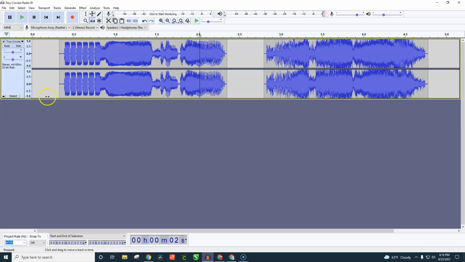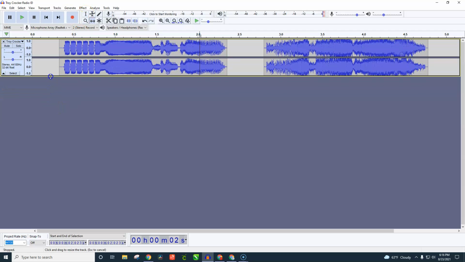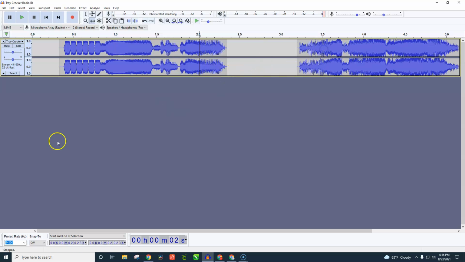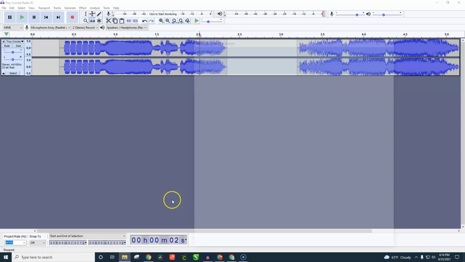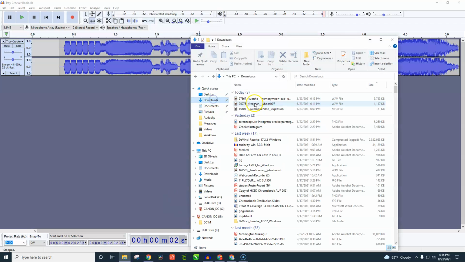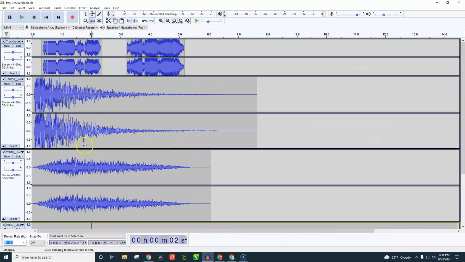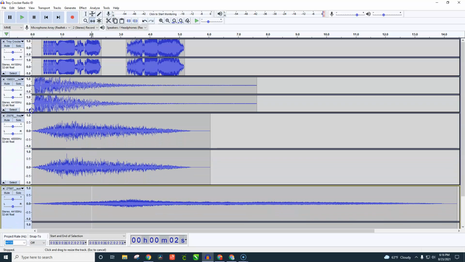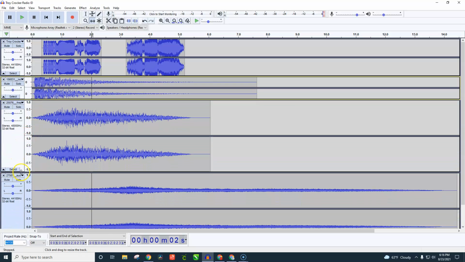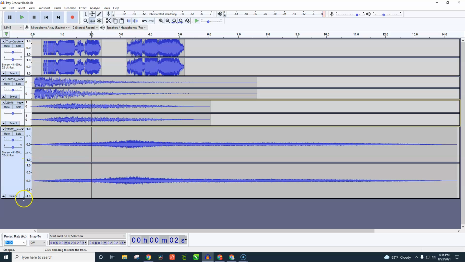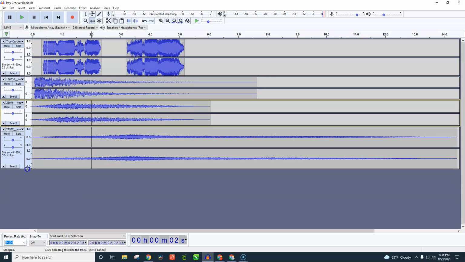All right, so I'm going to make this a little bit narrower, and I'm going to drag and drop my new sound clips in here. So I'm going to go to Downloads. I downloaded 3 different clips, if you remember. All right, and I'm just going to drag and drop them over here, and boom, there they are. So they come out really kind of big, so you probably want to adjust their size a little bit so that you can see everything here. So all right, so wow, they're pretty big compared to what I have here.